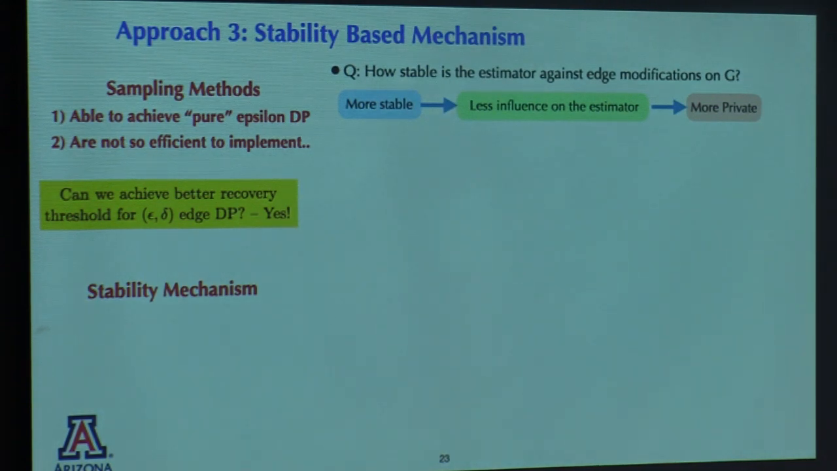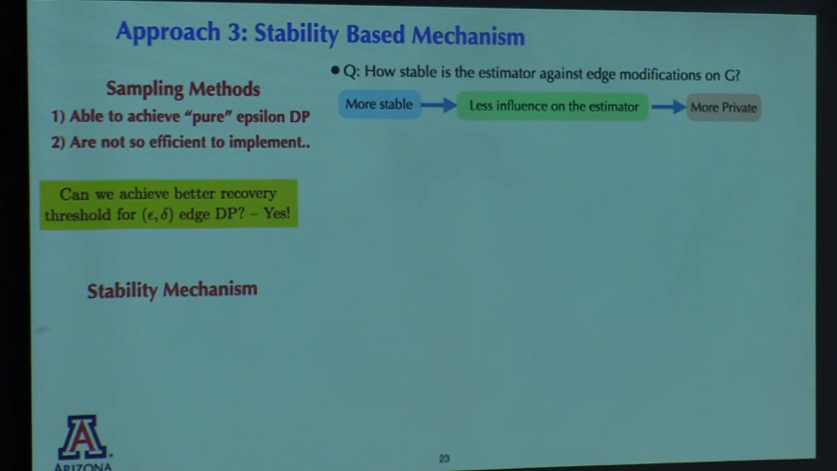Okay. So the next thing we did was we tried to improve upon the exponential mechanism. Here is another mechanism called the stability mechanism. The idea is how stable is the estimator against edge modifications of the graph. Let's say I come up with an estimator, a community recovery algorithm, and